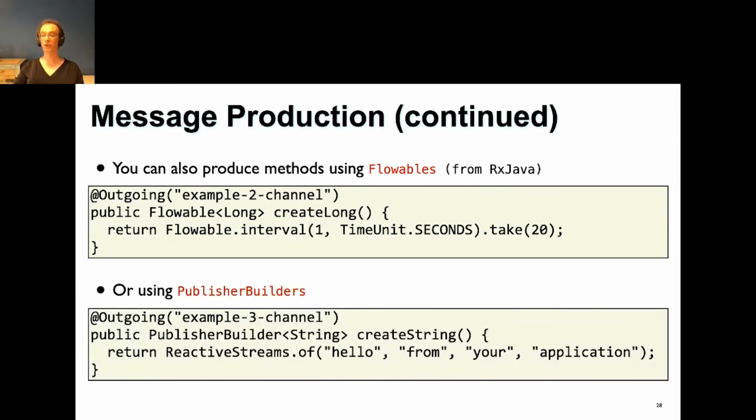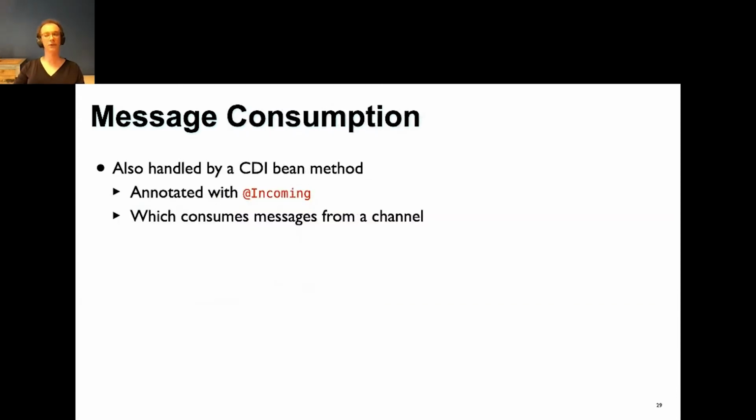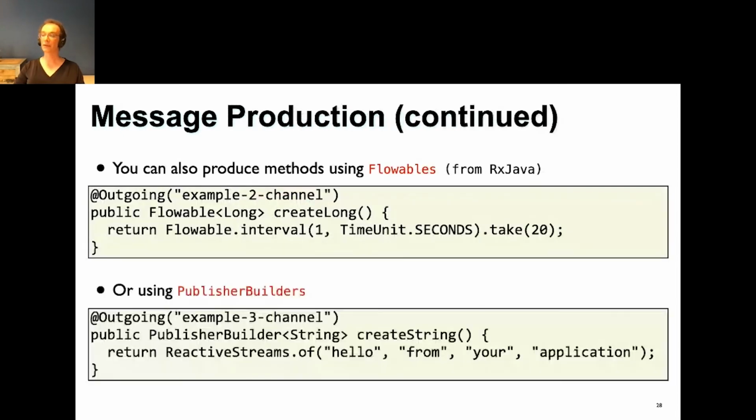Or we can also use publisher builders, which we saw in the reactive operator specification, right? So this is a publisher builder, and it eventually creates 4 messages, "hello from your application." Great. Now we can consume messages as well, and they're handled by a CDI bean method annotated with @incoming. Just one thing, going back to make sure, this last one,